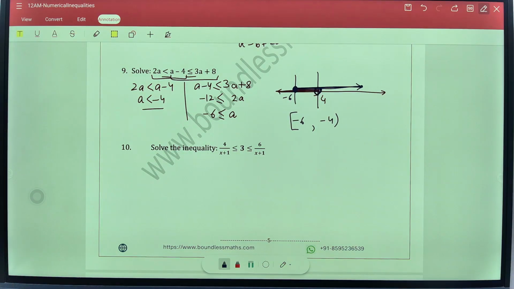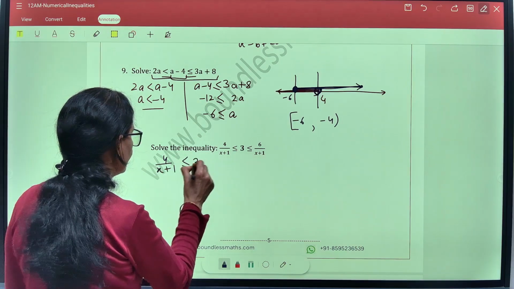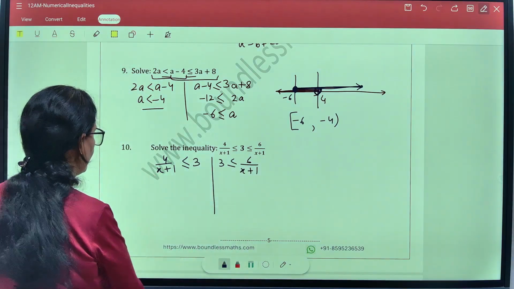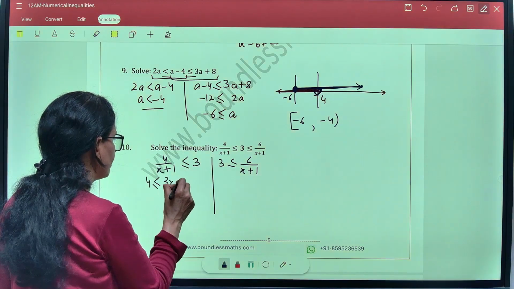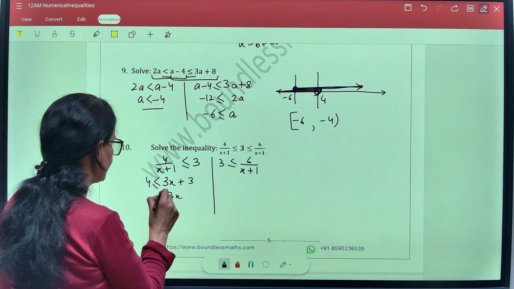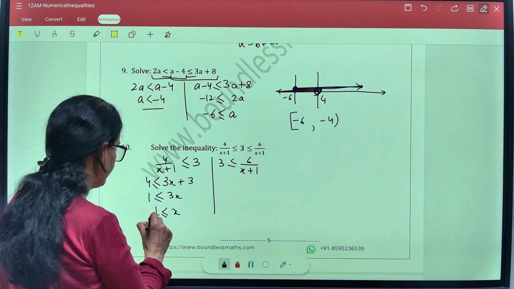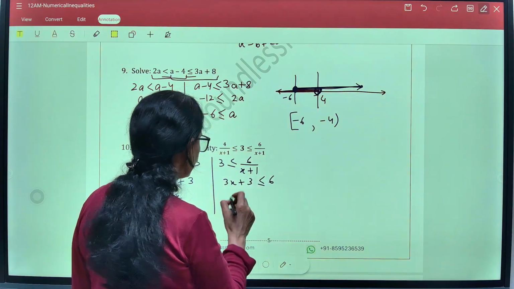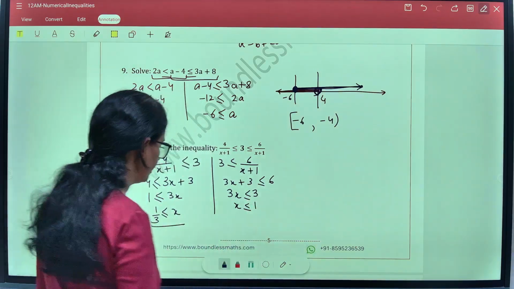Now again we have two inequalities here. We can split it into two and solve them separately and then find the common solution. Okay, so let's cross multiply. Again it is same the way you solve any algebraic equation. 3x plus 3. So that means 3x is 4 minus 3. This becomes 1. So x is greater than or equal to 1 by 3. Let's look at the other inequality. It is 3x plus 3 less than or equal to 6. 3x is less than or equal to 6 minus 3 is 3. X is less than or equal to 1.